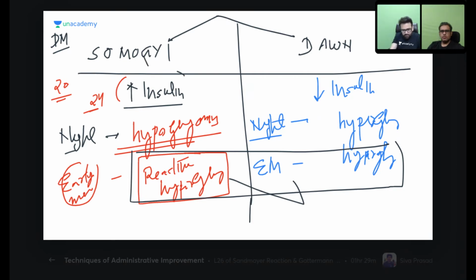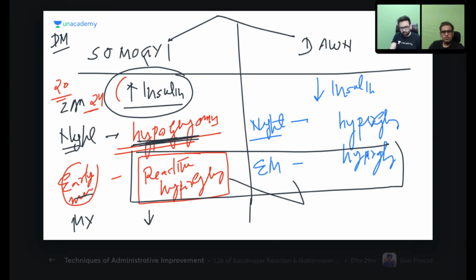But in this case, insulin is already more. If you increase insulin, the patient will die, because at night there will be severe hypoglycemia, and there can be silent MI and all those features. It can cause a lot of problems. So that is why you should never judge a patient just by early morning. You will say go back, put an alarm at 2 a.m. or 1 a.m. and check at night. If night hypoglycemia is there, your management will be not to increase but to decrease insulin. And here management will be to increase insulin.